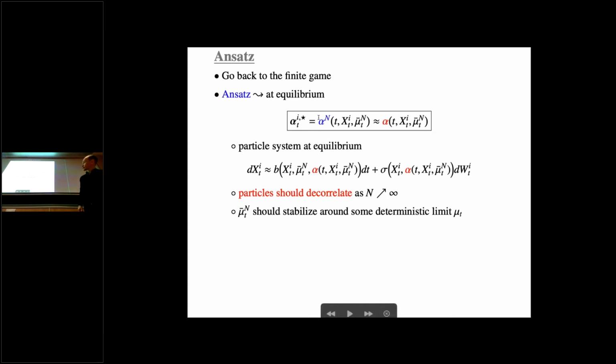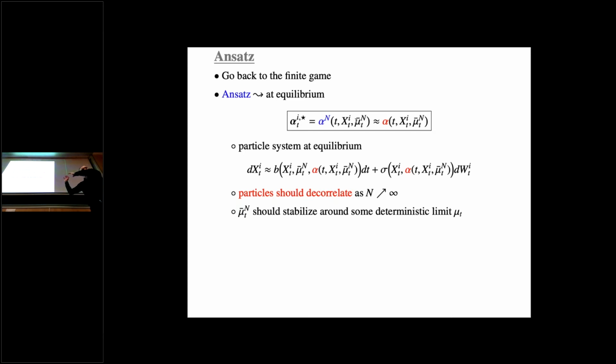You have functions alpha^N, which are defined on very, very big spaces because you have many, many, many players. In fact, asymptotically, I'm going to see a measure. So this is infinite dimensional. And so trying to pass to the limit on functions which are defined on very, very big spaces is more complicated because it means that if you wanted to do that, you would need some a priori estimates on the regularity of these functions. This is very difficult to do.